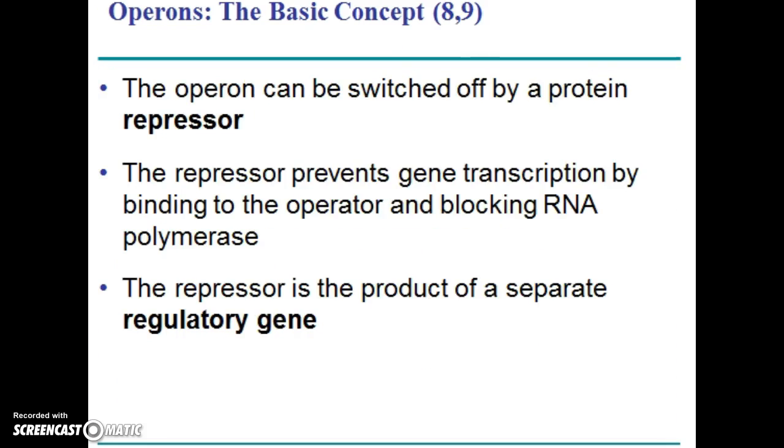So continuing with the basics of operons, we're going to be talking about repressor proteins and regulatory genes, questions 8 and 9. Regulatory genes, they are located in the DNA away from the operon, and they have their own promoters. They are expressed continuously, but they often require a trigger to alter their state of being turned on or being turned off. The operon that we will be talking about right now will be the TRP operon,